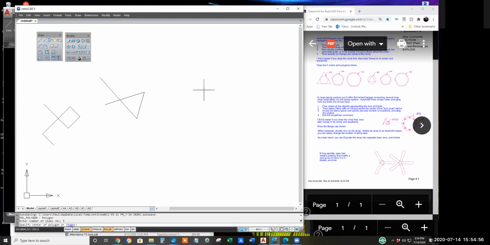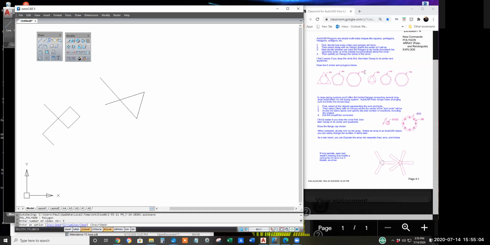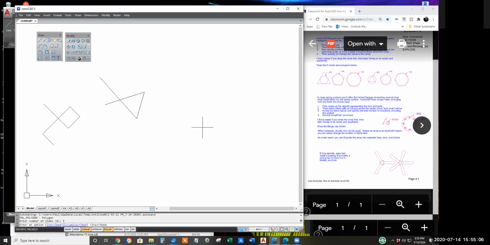Specify a center. I'll just eyeball a point. We want it circumscribed about a 5 radius circle. So I'll click on, again, I don't think you can right click. Oh, good. Okay, I don't know why I was saying right click. Oh, okay, I'm getting confused with IntelliCAD, where you had to go out of your way to get this menu. So one way or another, invoke the circumscribed option.